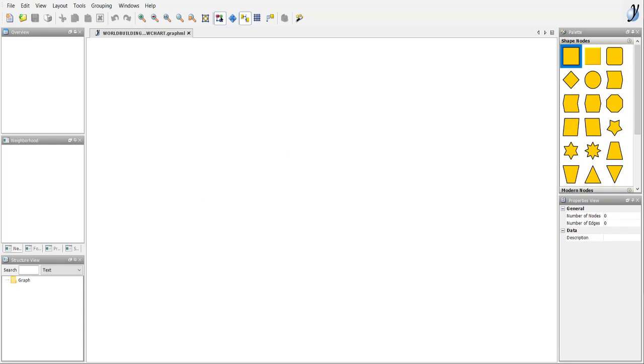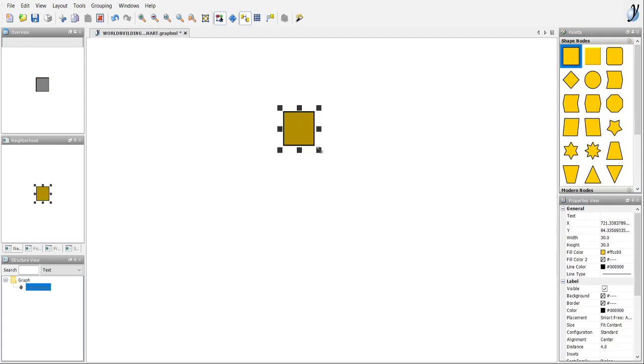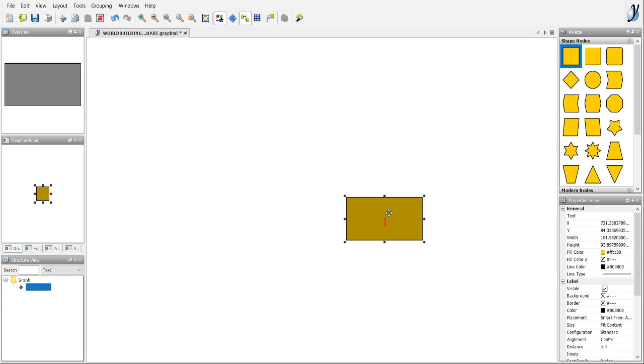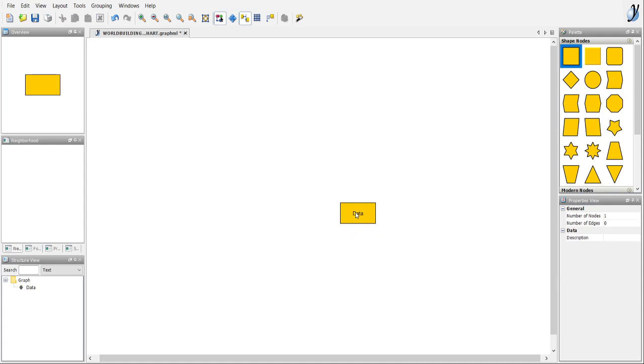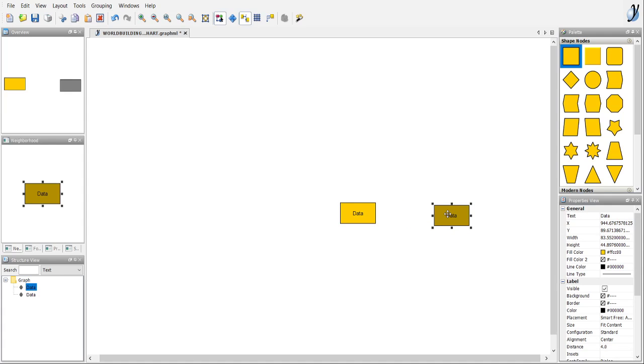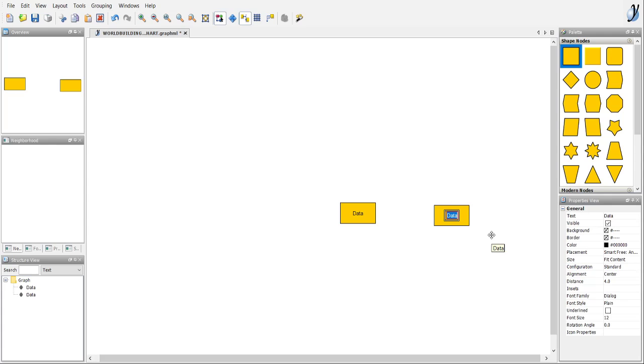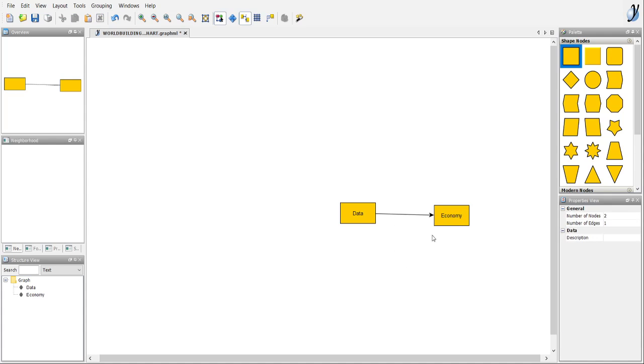I could have done this from the beginning, where I make it a mind map. So for example, I drag this in, zoom in and make it bigger, and edit the label to be data. So we have a data mechanic, and then I copy paste this and say it's related to economy, and I would make a connection here.